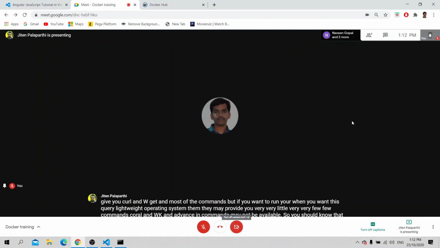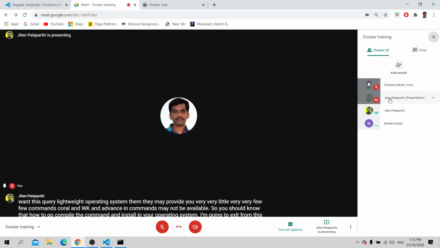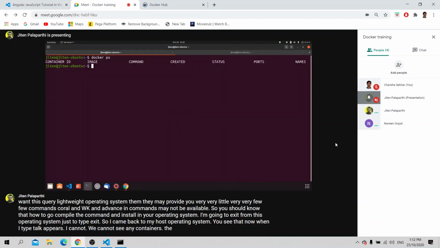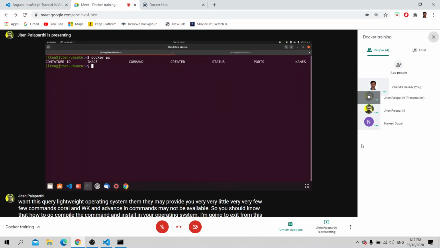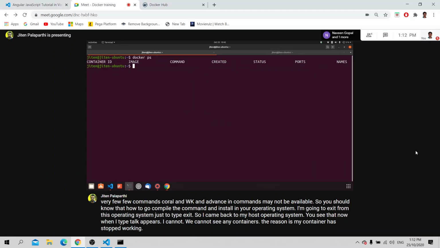You see that now when I type docker ps, we cannot see any containers. The reason is the container we have created has stopped working.